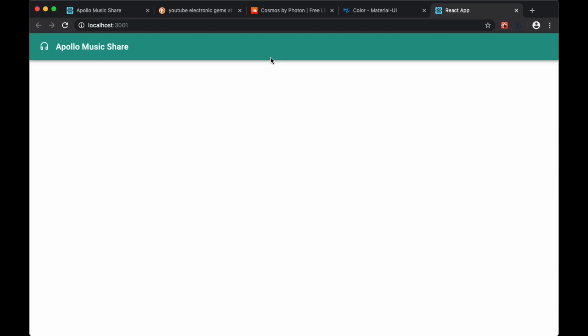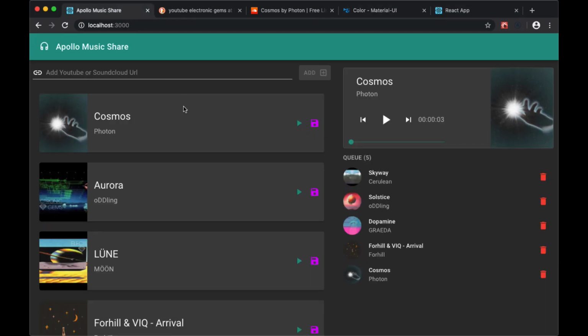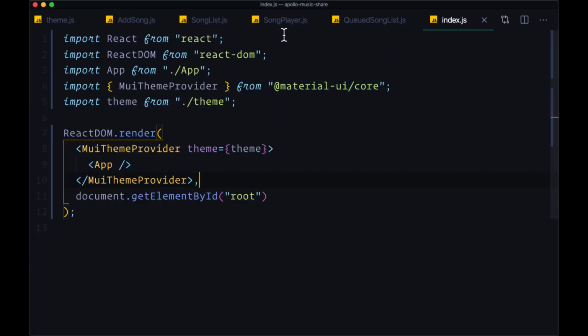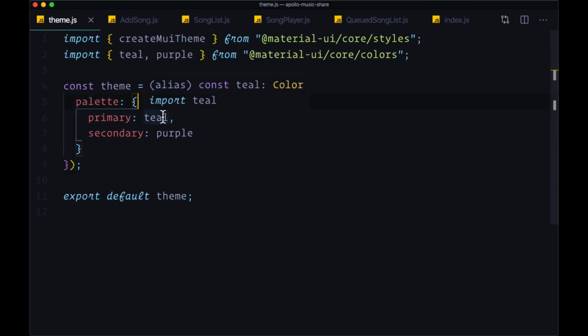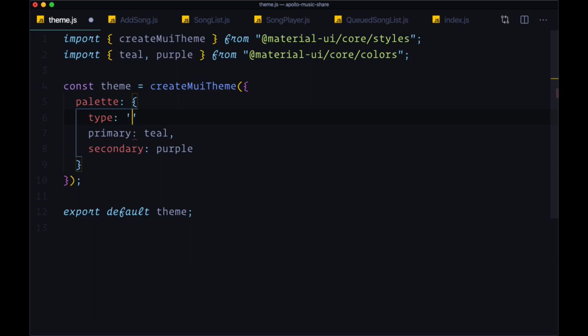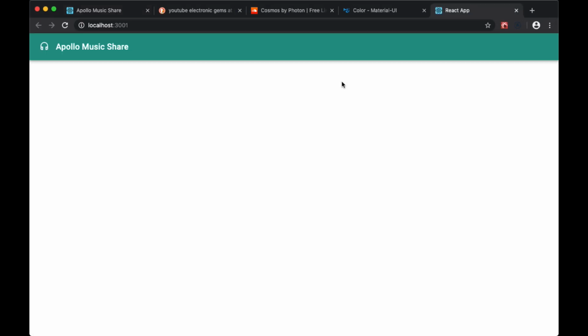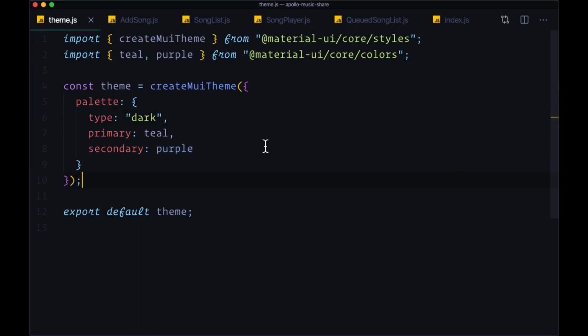And additionally, if we want our app to be of a darker theme, a darker hue, like we see here in the documentation and in the final version, we have the ability to change our app to a dark variant. And to do that, all we have to add to the palette object is set type to the string dark. And when we do that, we don't see anything different because we need to add one more thing, one more useful component, and that is